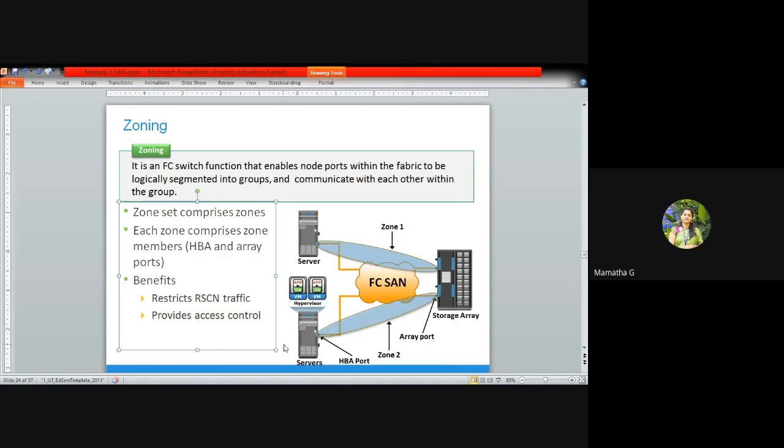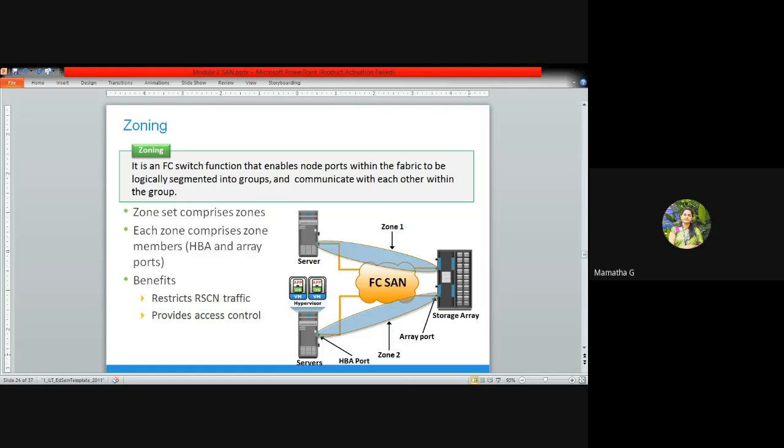Here you can see in the figure that you have servers, and using FC SAN you are connected to the storage. In FC SAN you have switches, you have routers, all the network connections are enabled, and you have the storage array.